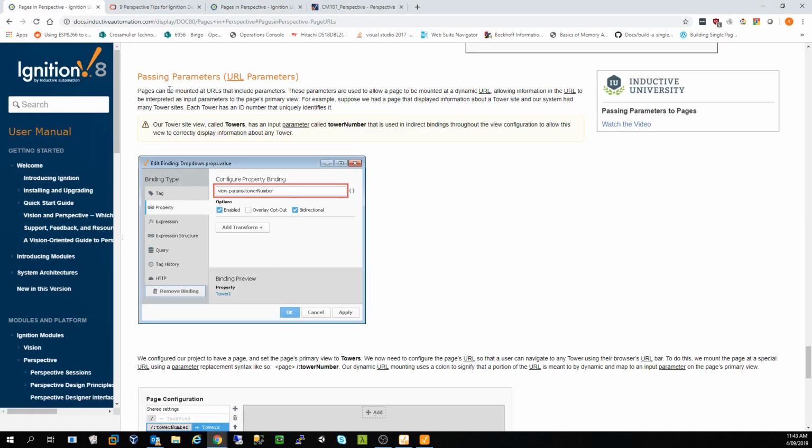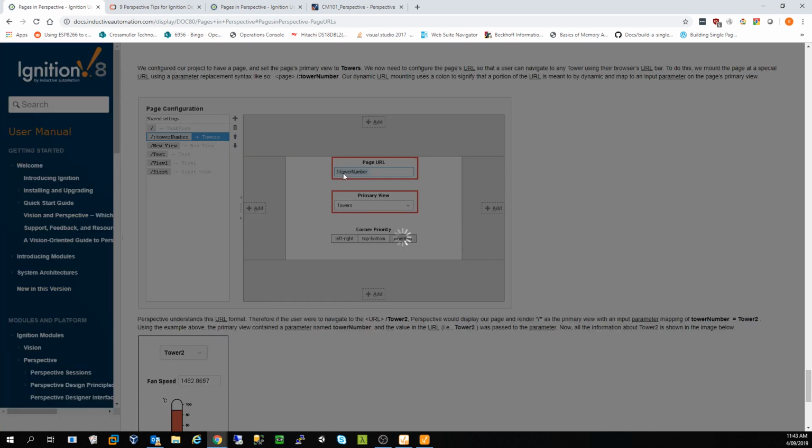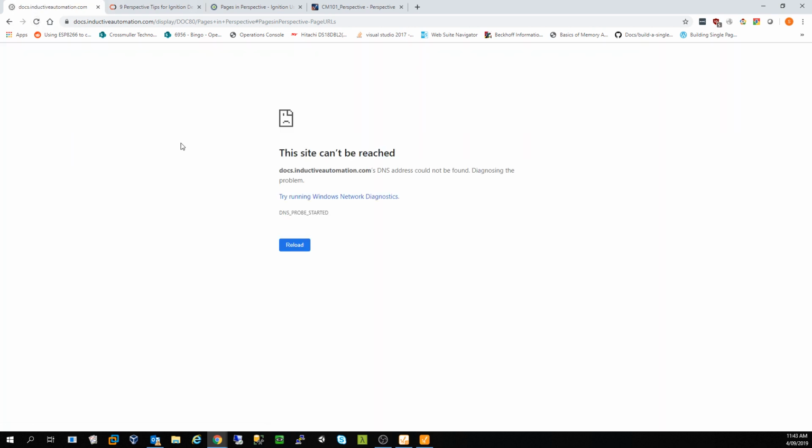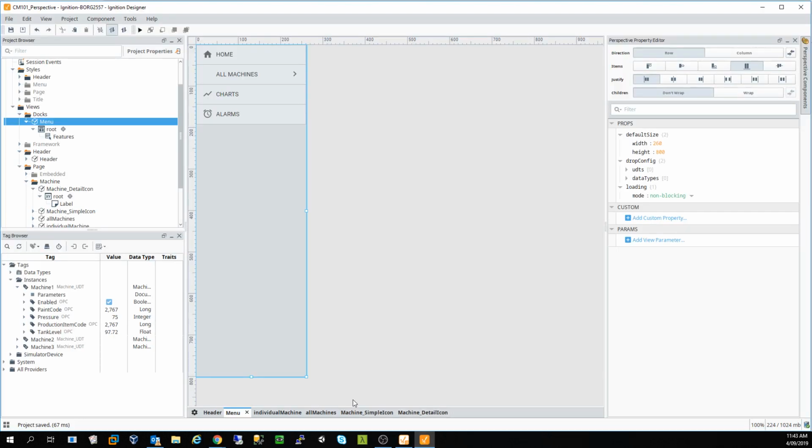So if we look at the passing parameters, URL parameters section of the Ignition documentation, you'll see here the path. Sorry, that's not a great idea. The internet's not working because we've had a power failure. Okay, never mind. The /: and the name of the parameter that you're passing is documented in there and how